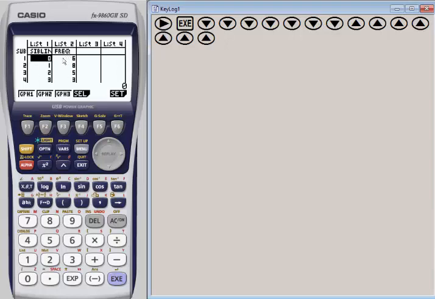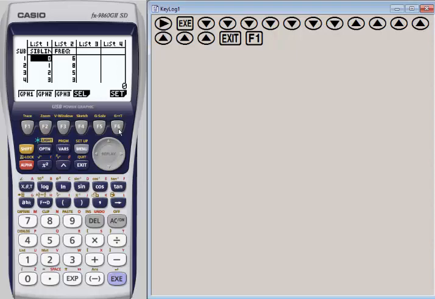So now we want to graph. And the nice thing about Casio is you can make several different types of graphs. And this is a great thing when you're working with students and data collection is what graph's going to represent our data the best. So when I hit graph here, you'll notice that's my option, I'm going to choose F1. And I have 3 possible graphs I can turn on. We're going to actually turn on all 3 and do 3 different graphs at the same time. So I'm going to set up the graphs ahead of time so that we can quickly go through each one of them.